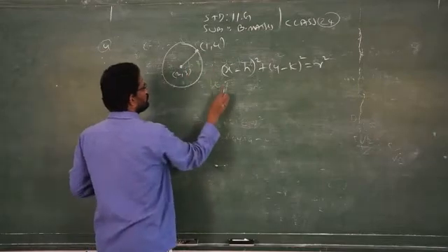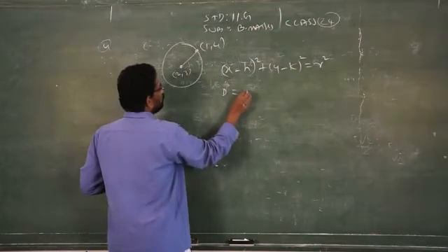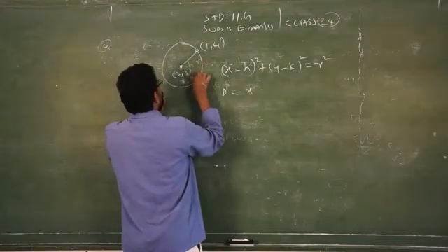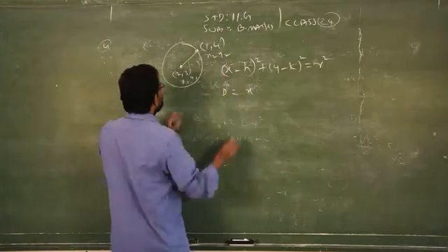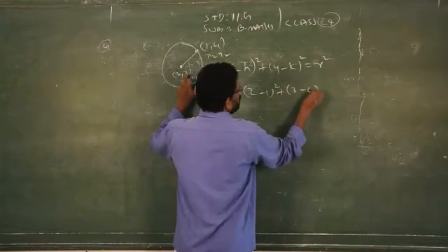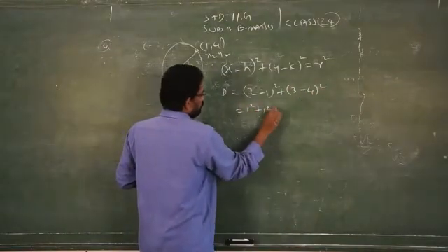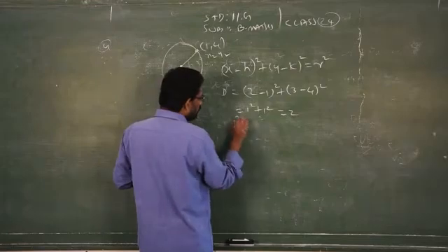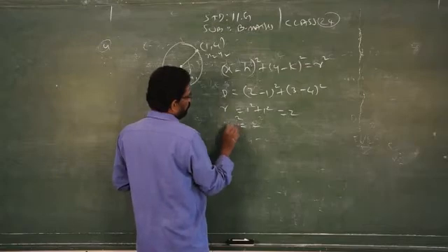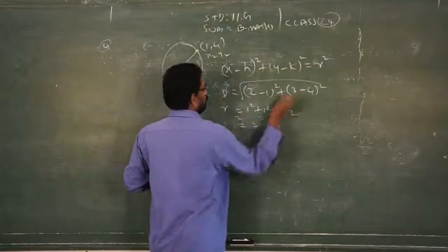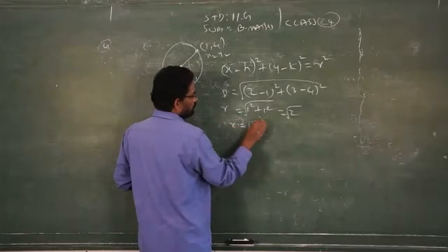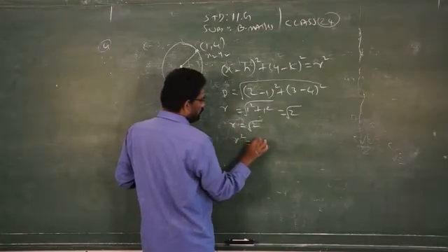Now you can apply the distance formula. D is equal to x minus, that is x1, this is x1, y1, x2, y2. Apply the distance formula. 2 minus 1 the whole square plus 3 minus 4 the whole square, that is 1 square plus 1 square, which will give you 2. So D square is equal to 2. That is D. Actually this is radius. Clear? So R is equal to square root of 2, which will give you R square is equal to 2.